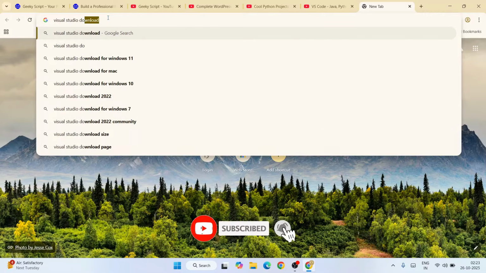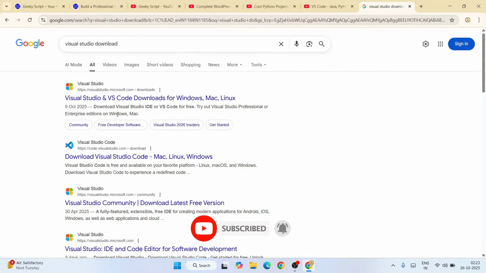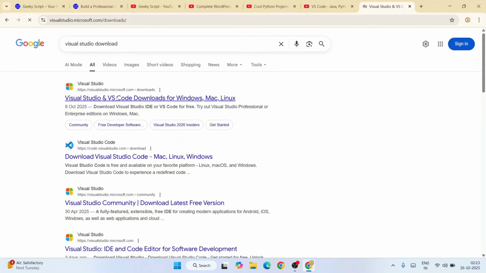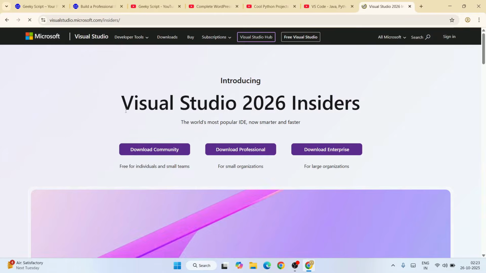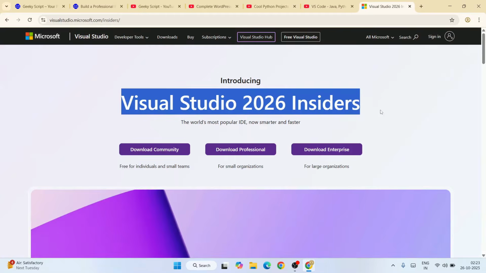Visual Studio download. Hit enter. So that will show you this visualstudio.microsoft.com link. Just simply click on that link to go to the official site of Visual Studio. And here you can see that the latest version of Visual Studio is Visual Studio version 2022. But they have released this Insider edition. So when you click on this download button for insiders, it's going to redirect to this Visual Studio 2026 Insider